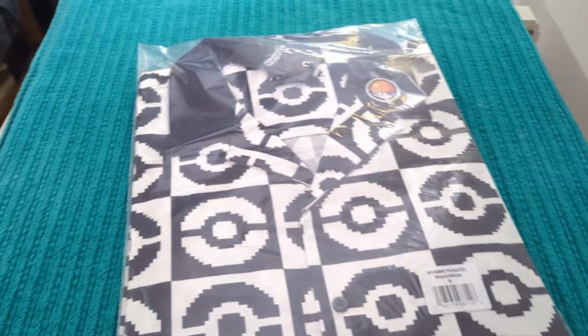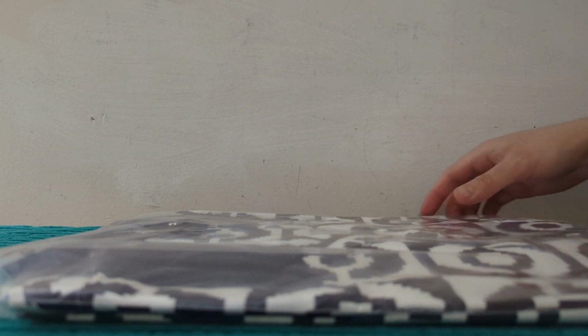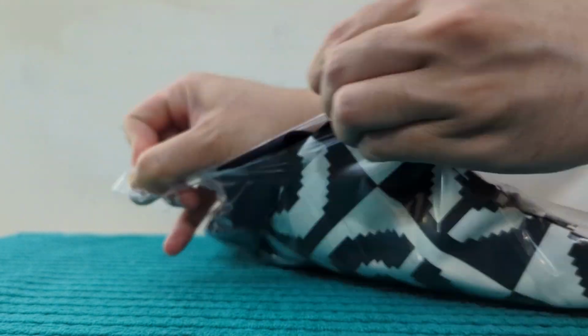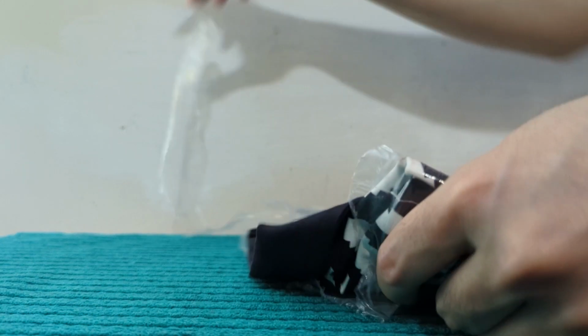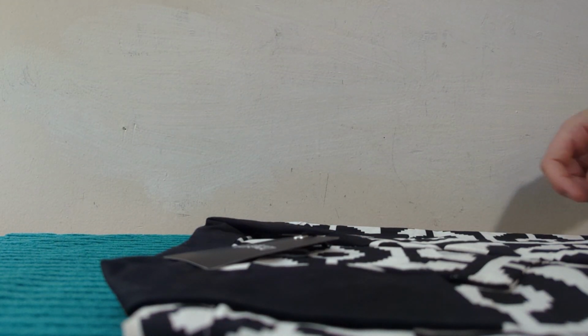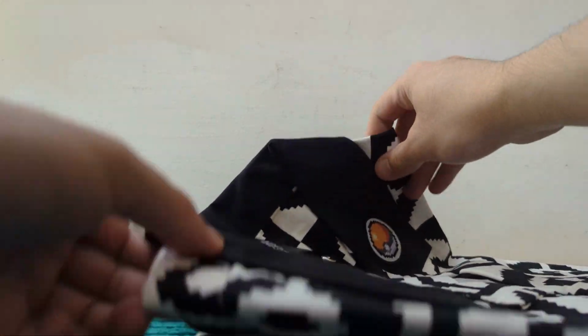And for the final piece of clothing that I bought at Anime Expo, we have more Pokemon. I'm gonna open this up right now. And yeah, it's just a simple button-up shirt with Pokeballs all over its design, as well as the pixelated Pokeball on the collar. And I'm absolutely going to put this on the next time I have like an admin day at work because it's great. Also pretty damn high quality. If you want to know where it's from,